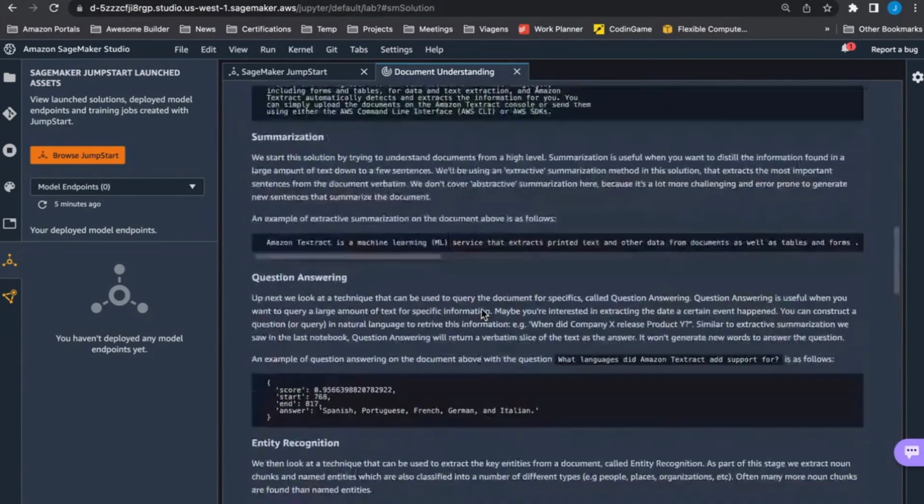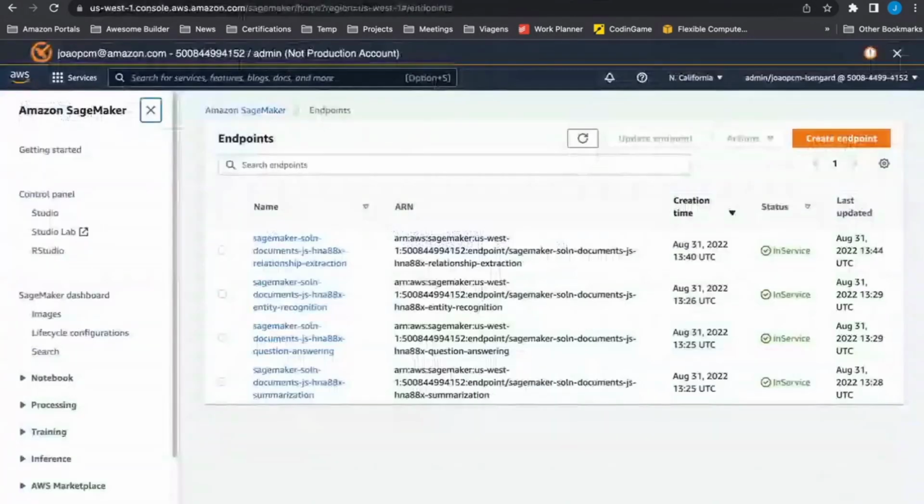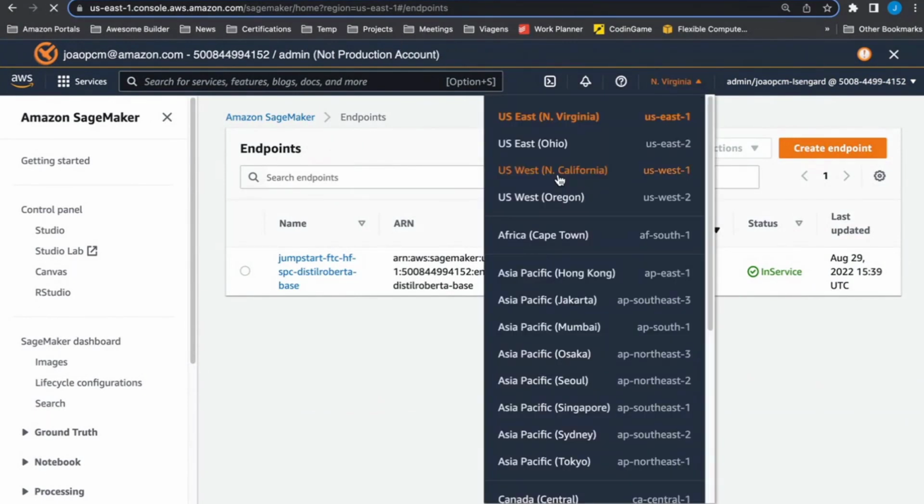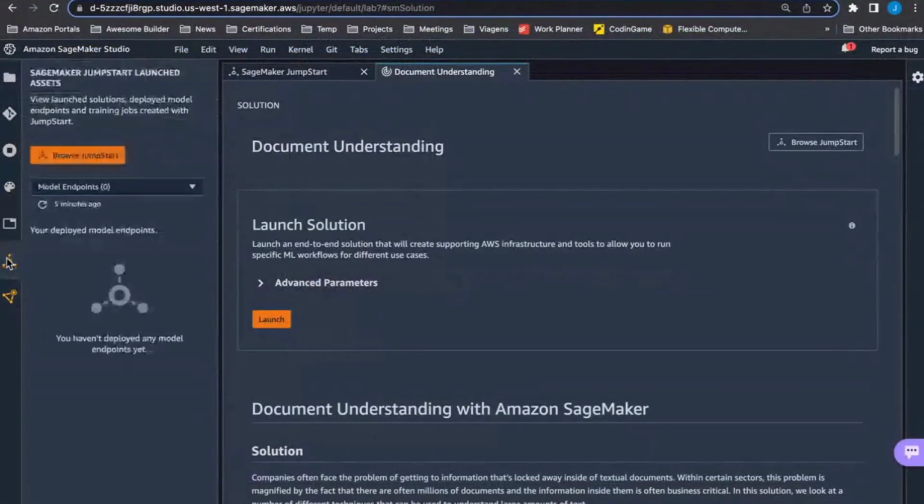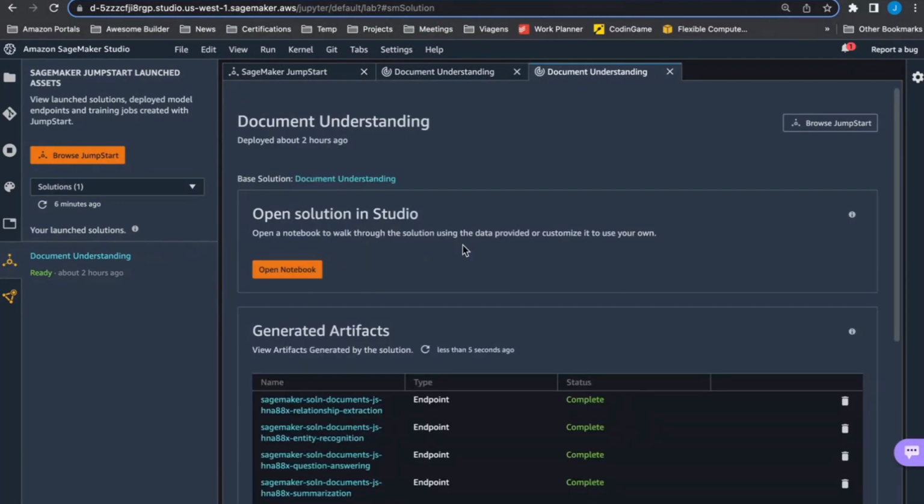All right, so as you click launch on this solution, it's going to take only a couple of minutes to deploy minimal infrastructure, like the fresh S3 bucket and a couple of other things. You could go to the CloudFormation console, for example, and check the deployment of the solution, and I'll show it to you. You can also check it on the assets bar on the left on JumpStart, where you can see solutions. I have the document understanding solution ready to go here, and if I click it, this is the page that you would see